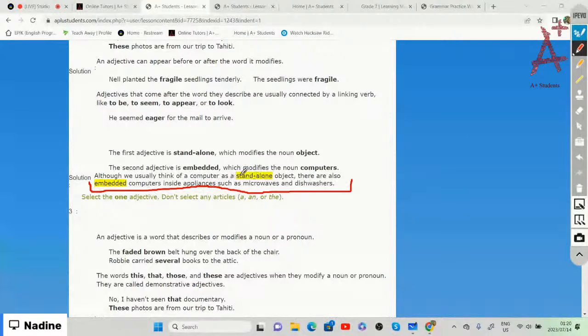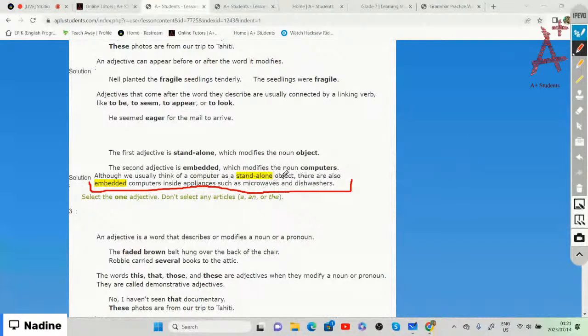which is standalone, which tells us about the noun object, and embedded, which tells us about the noun computers. So this is basically telling us that we just see the computer as a computer, on its own. However, there is basically a computer inside appliances too. And that is why appliances such as microwaves and dishwashers can do what they are doing. They know when to spin, they know when to wash, they know when to clean. Microwaves know when to fry or warm something,